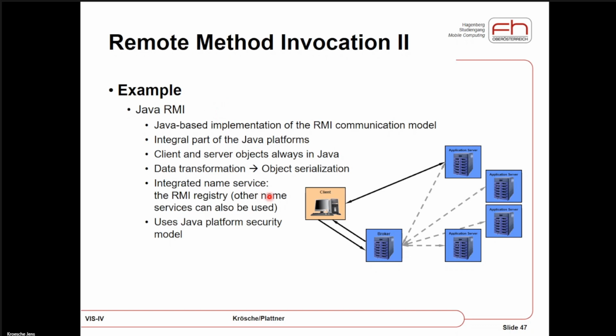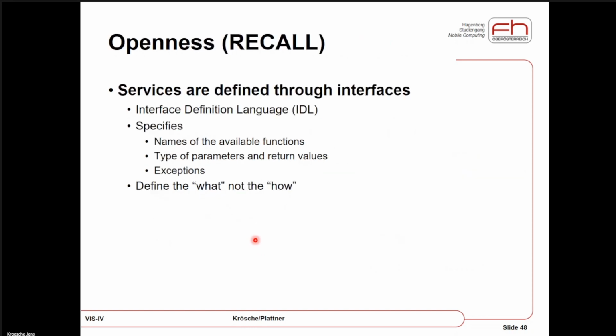The good thing about Java RMI is that the middleware layer is the programming language itself. So it's Java we will be using, and we can use object serialization in the background in order to achieve what we really want to do. So that's basically the idea. Again, keep in mind this openness, the design goal of distributed systems, this openness aspect.